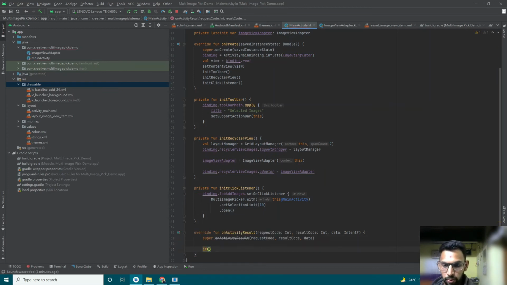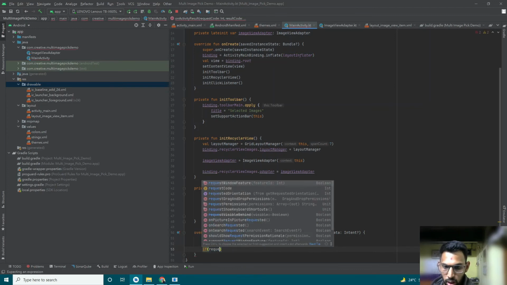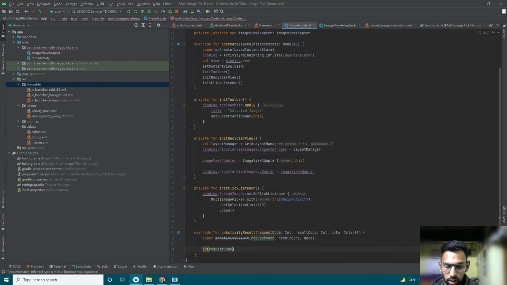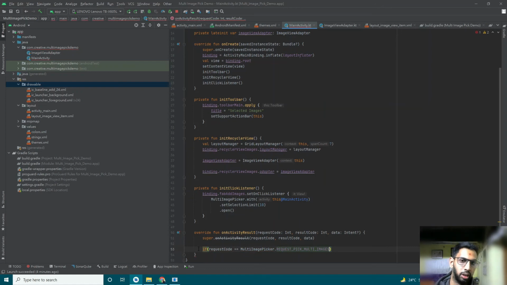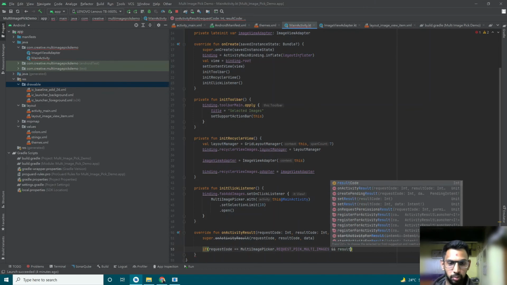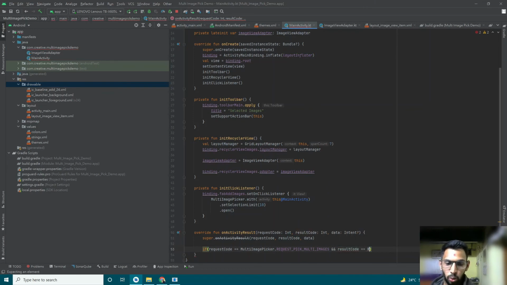So if request code double equal to MultiImagePicker.REQUEST_PICK_MULTI_IMAGE, this is the request code we have to verify with the multi image picker library. So we don't have to manage it from our side, it will be managed by multi image picker itself. And we have to check if the result code is okay.